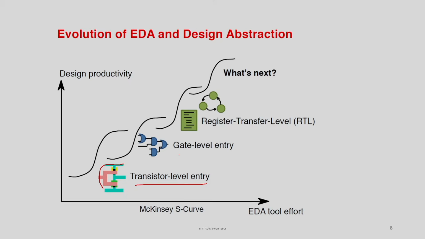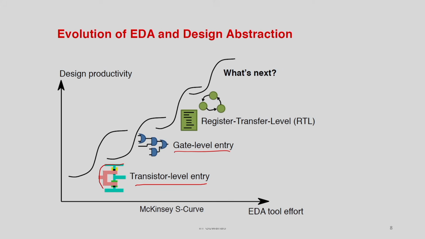So, what is this design abstraction? The abstraction is that I am not going to look into my chip at the transistor level, I will look at a little bit higher abstraction level, right. What is that? I will now visualize my circuit at the gate level, right. So, what is gate level? Instead of PMOS, NMOS transistors, I am now going to think about my circuit as a connection of AND gates, OR gates and so on. So, all these logic gates, right.